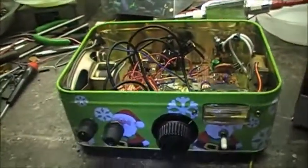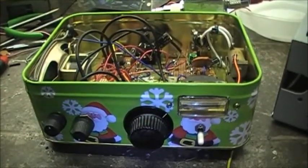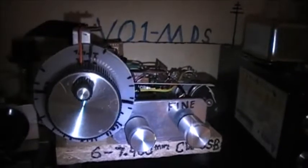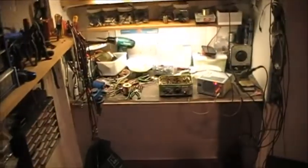So I think we're going to go back and we're going to rebuild the direct conversion receiver. I think I'm going to go back to that circuit. So that's the old, or I should say, the original DC conversion receiver, 40 meters. That one actually worked pretty good, I had to admit. So I'm going to build the same one again. This one here is the same circuit that I'm trying to build into that tin can. It just don't want to work. So this one's going to stay as a working one for sure. But that one over there,